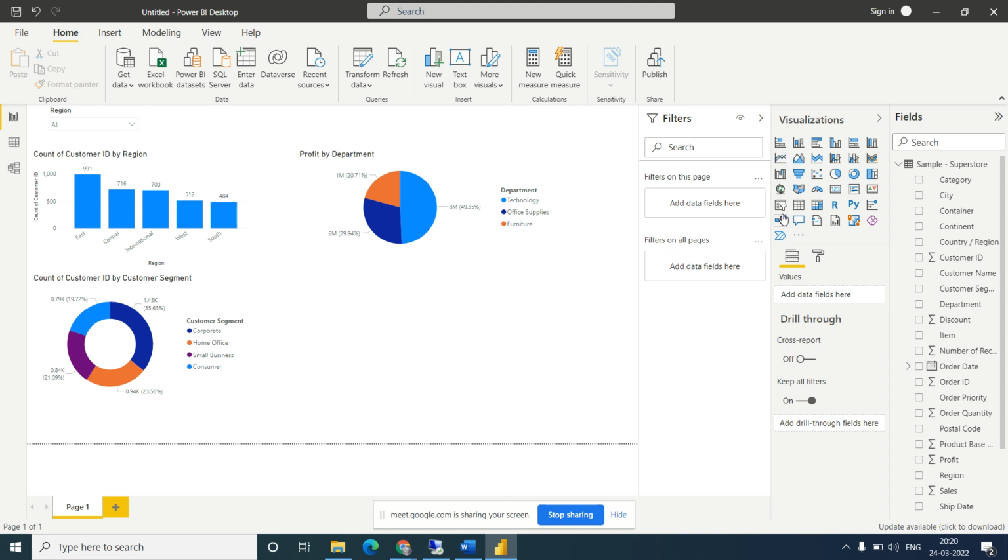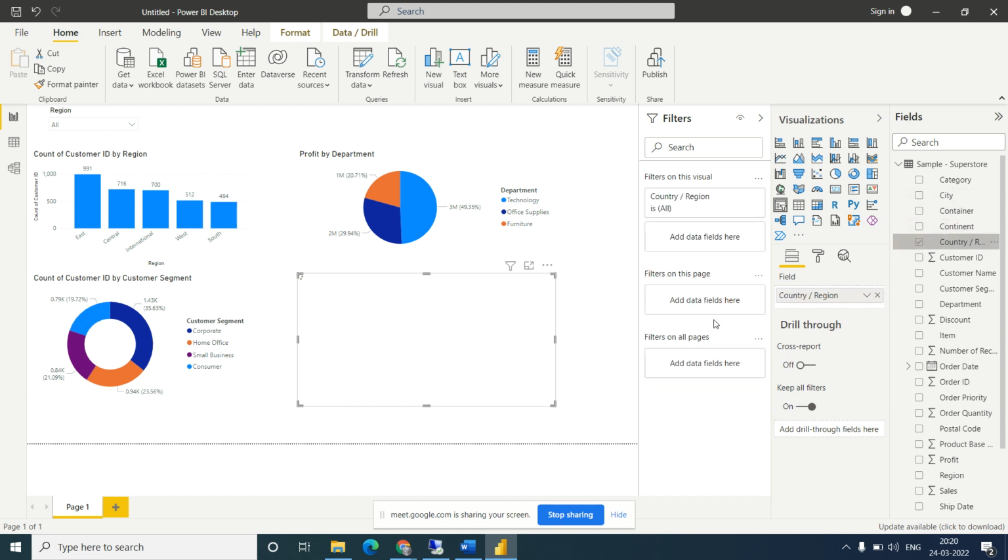So how to take a slicer? Go to the slicer, click on the slicer. Okay, add the country. Where is the country? Okay, so you can see country. Now I want to make it a drop down. Click on drop down. Okay, so make it a drop down. Am I audible, everyone? Yes. Okay, so just drag this drop down, and this one I got it now. Okay, so this is the second field slicer.